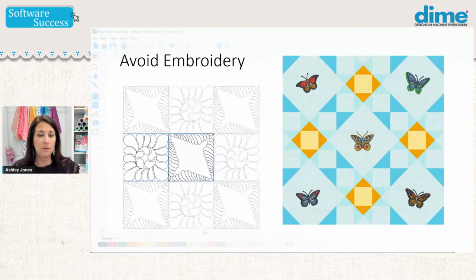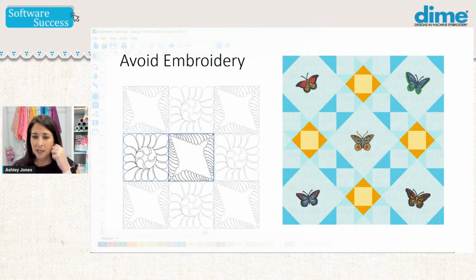For this quilt, for instance, I'll show you how to create a design that avoids the embroidery that we have placed on here. But you can also use this method to create designs that fit in your hoop. Say you have a 12 by 12 block, but of course we don't have a hoop that large. Then we can make designs in smaller segments as well.